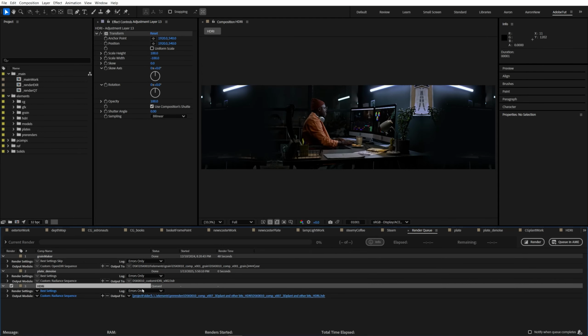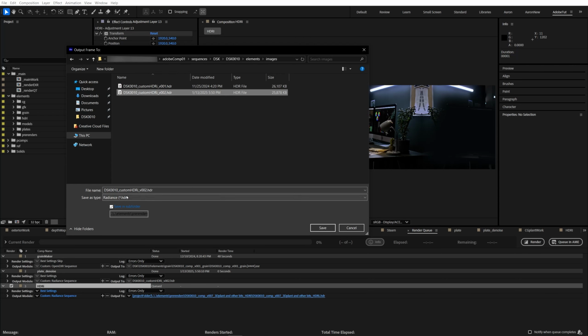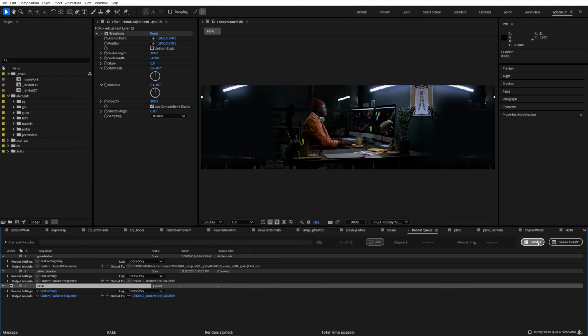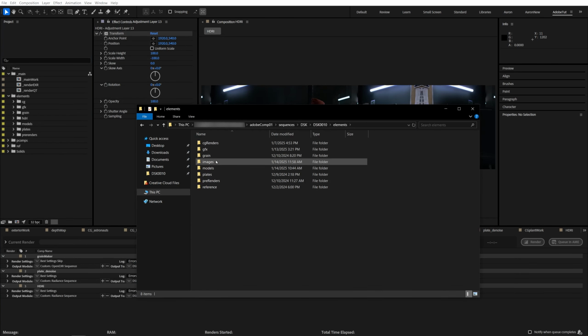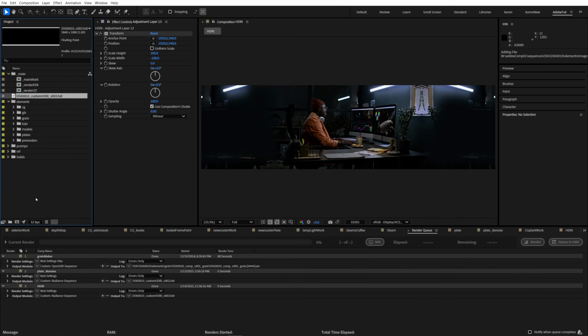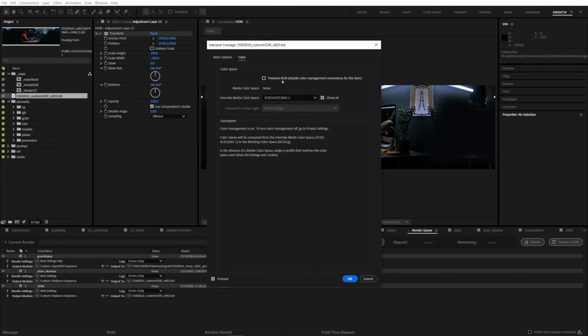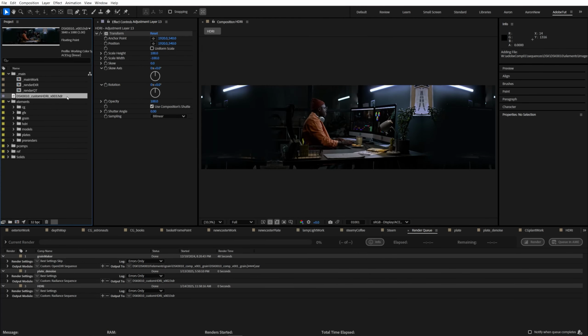I'm going to quickly output this. Looks like I've already got a couple in there, so I'm just going to increment this up and make a new one. All right, render that out. Now we can just pull that right back in and we've got our .hdr file. I'm going to interpret it as ACES CG, that's what we know it's in. All right, so we've got that. I'm going to go ahead and put that into elements,